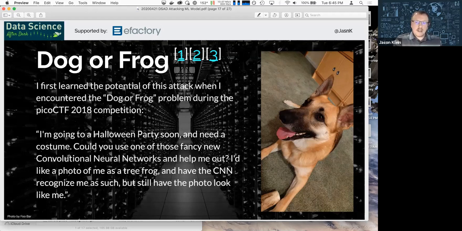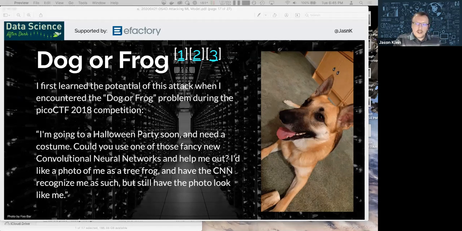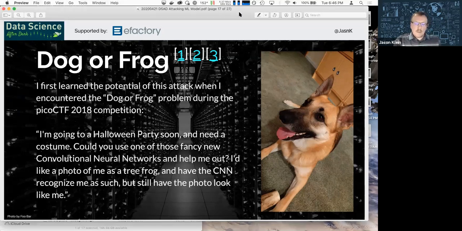You couldn't embed an image of a frog over the dog, even if it was some sort of line or outline, because it was too far removed. It was too different from the dog image. I really scratched my head at that one, because I knew that there were different ways that you could go in and mess with images to embed hidden data in them, but I'd never heard of this approach where you would basically use the model from the neural network to generate a new image based on the original one.